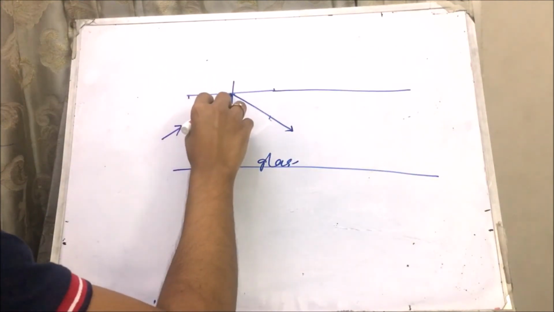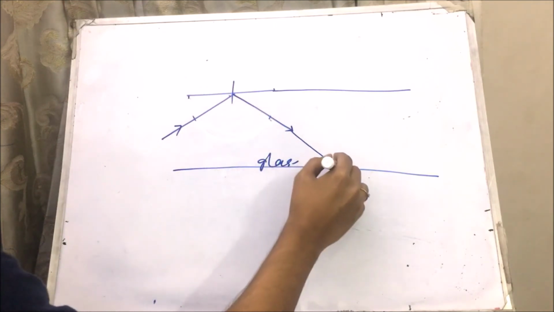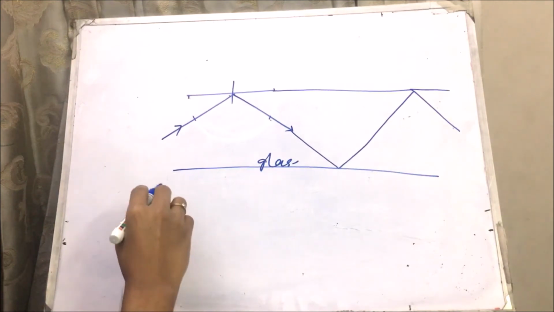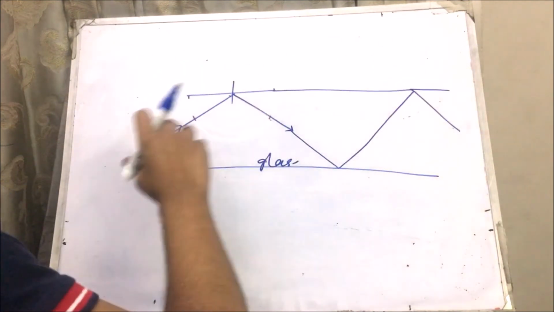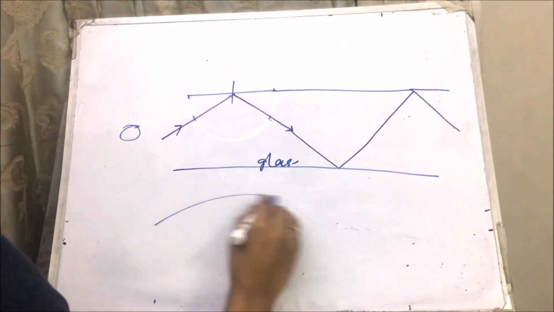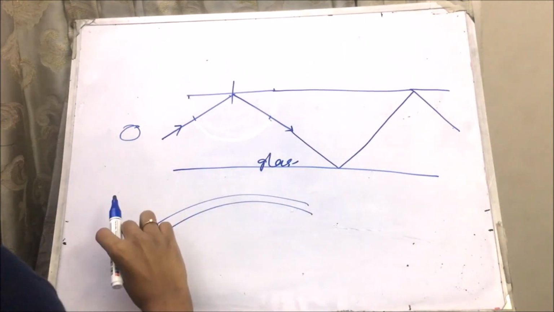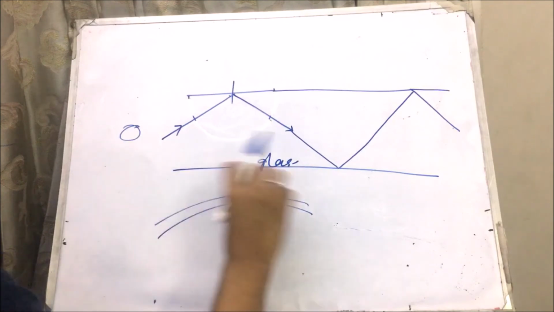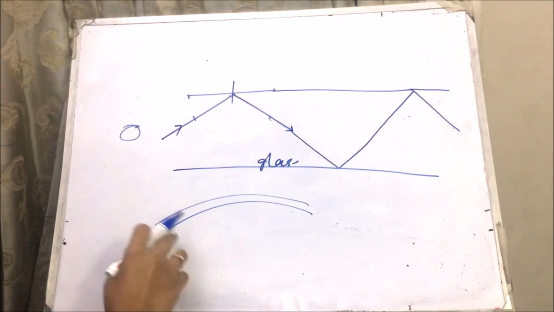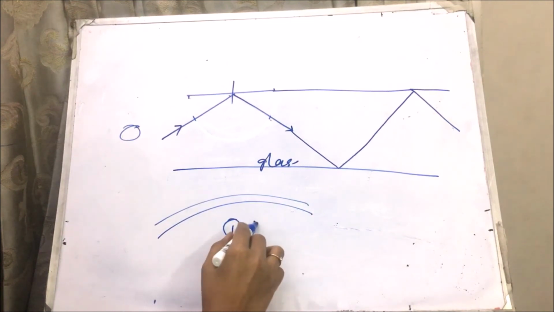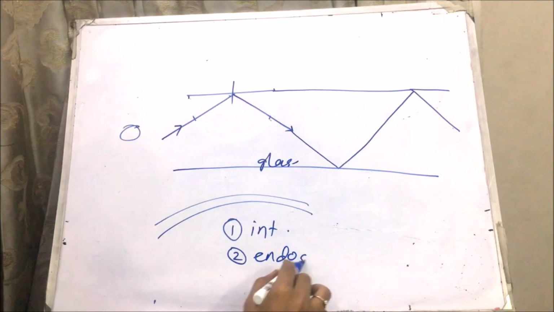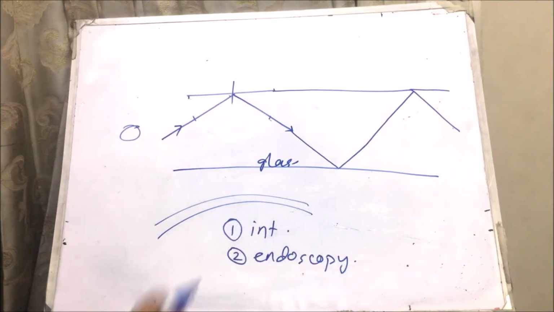So this light is hitting this boundary, got reflected, hit this boundary, got reflected again, hit this boundary and then again got reflected. So you can use this big piece of glass to transfer the light from one source to another. In reality, this glass is very thin and looks like cables, and this cable is what we call an optical fiber. And we use this for two main purposes, the internet and for endoscopy in hospitals.